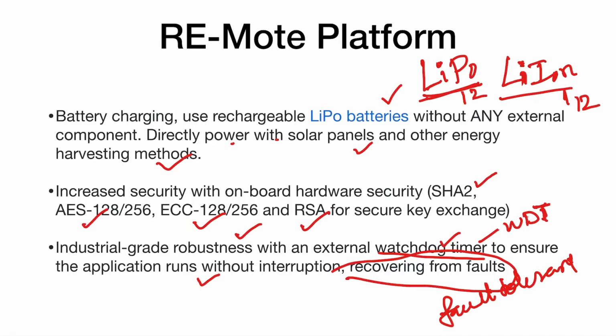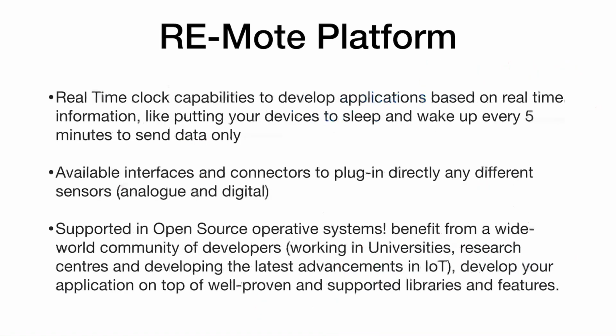The best example is to go to an ATM machine, insert your debit card, and wait. Don't touch any pins or anything. Maybe according to the bank application, after 60 seconds your card will come out. That means the controller has been reset and the card comes out of the ATM machine. That is a best example of a watchdog timer. So even this remote has an onboard watchdog timer to handle such fault tolerance.